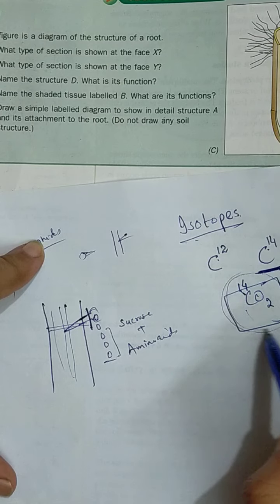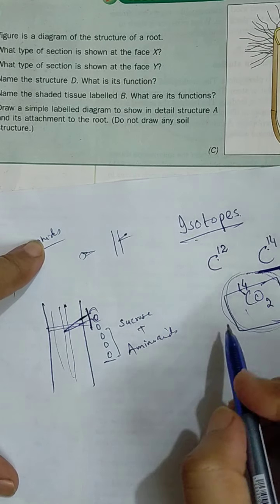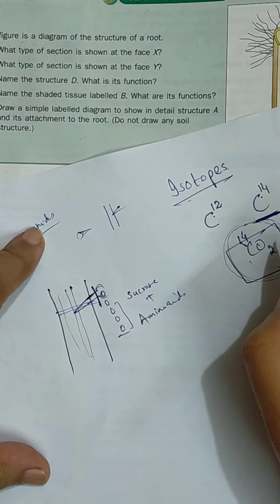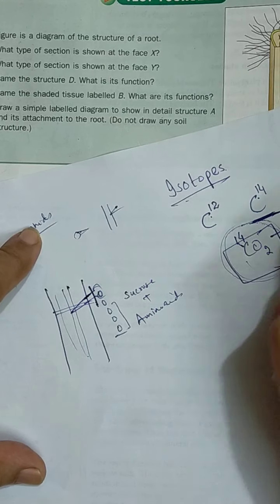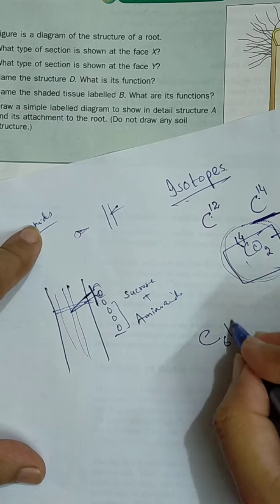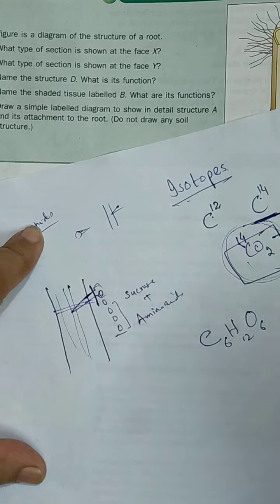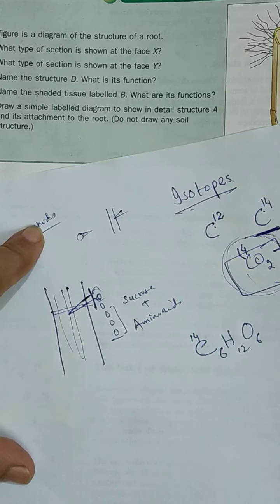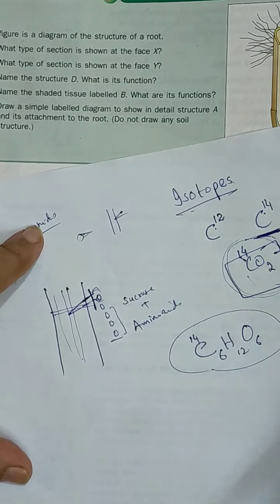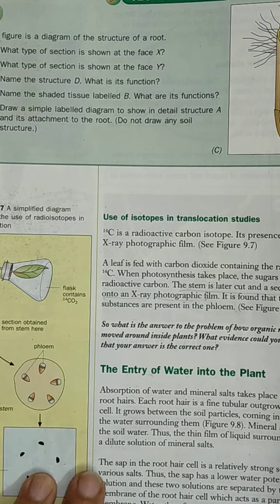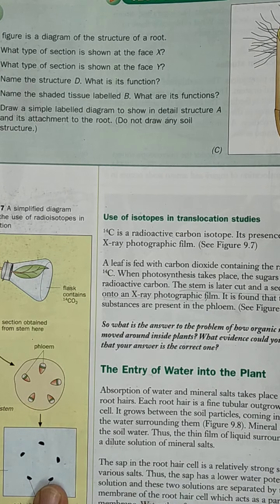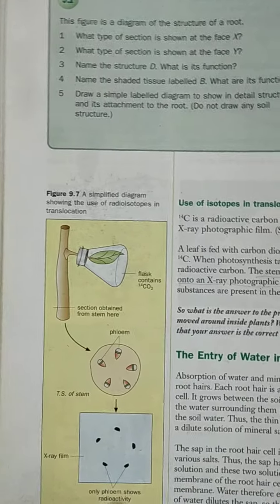Okay, they performed this experiment in a lab and provided carbon dioxide with carbon 14. When food was formed, you already know that when carbon dioxide combines with water, glucose, C6H12O6, will form, and again here it had carbon 14. So what they did, they performed an experiment. First of all, they cut its TS.